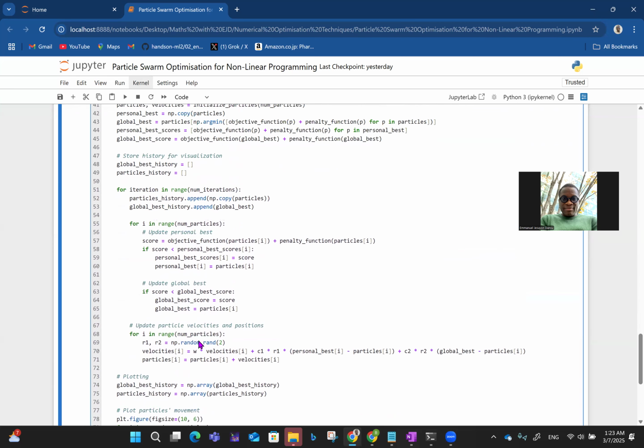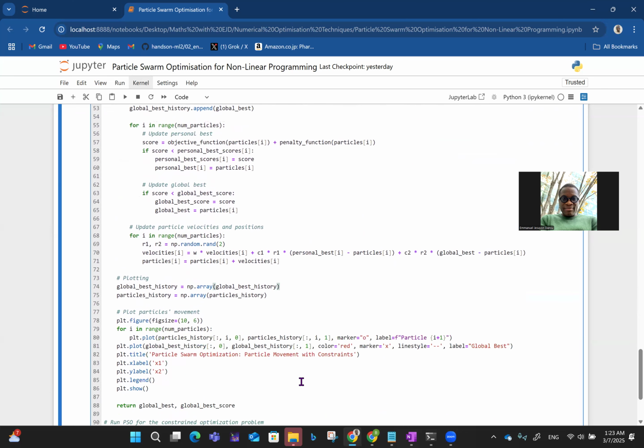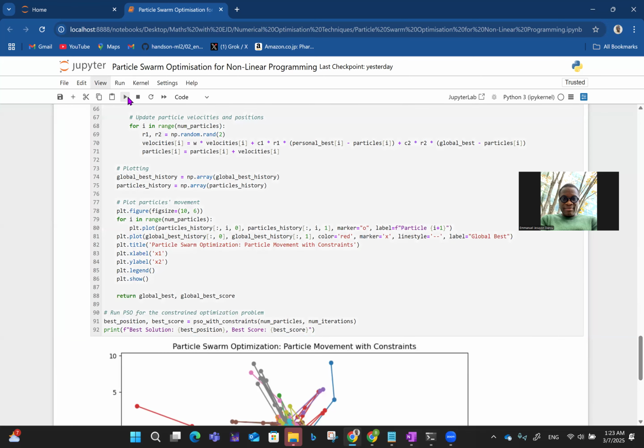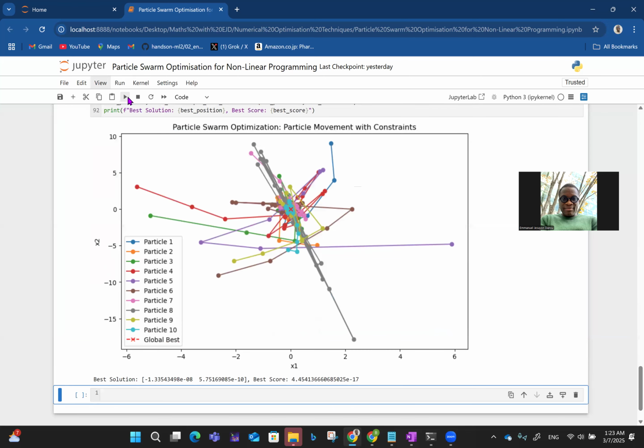And then we still have the updates for velocities and particles and all of that. So at the end of the day, we just run and get, so now we have constraints for this. And then here we have answers that are very close to zero. For example,